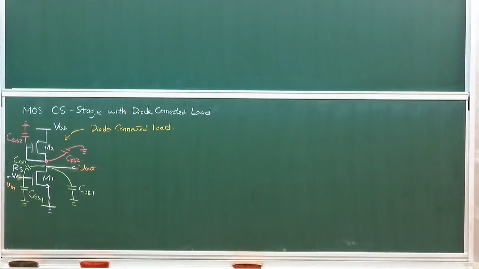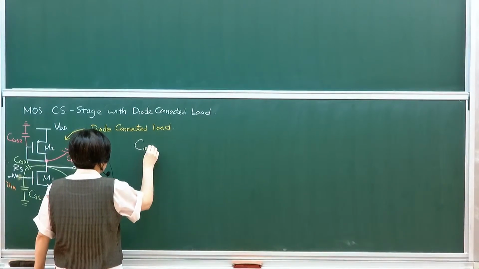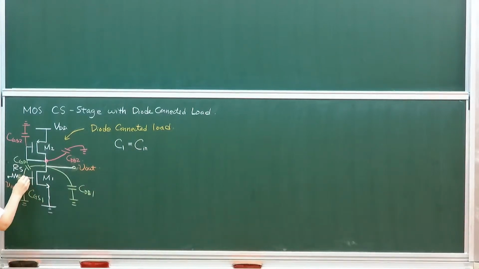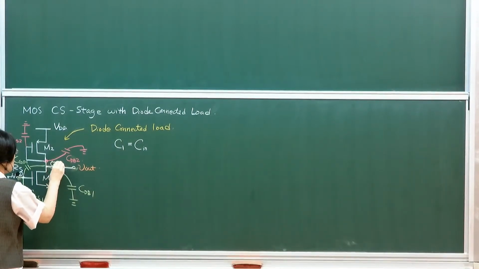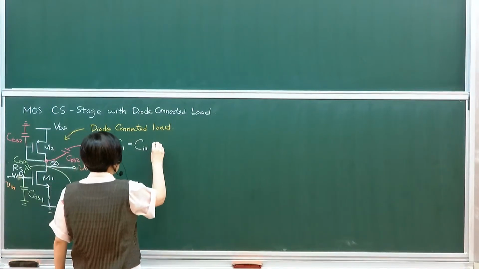We're going to look at the input ports. So the input capacitance, let's define C1 as this input terminal, terminal number 1, and terminal number 2. So C1 is Cin, which will be CGS1